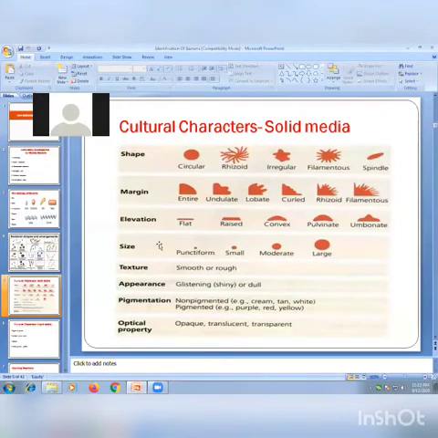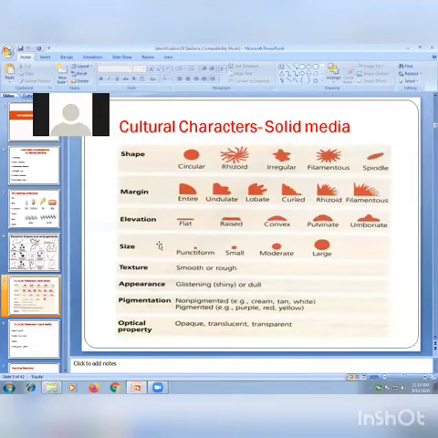So non-pigmented, for example cream, tan or white, and pigmented, which produce color, such as purple, red or yellow. Generally, pink colonies are produced by lactose fermenters. Non-lactose fermenters produce colorless colonies. Then Corynebacterium diphtheriae produces black colonies on blood potassium tellurite media, and Staphylococcus aureus produces golden colonies. So that one is useful for identification.